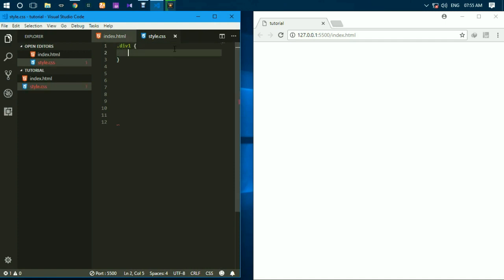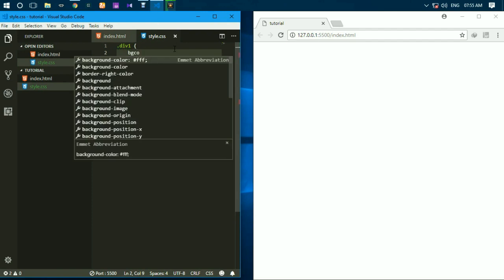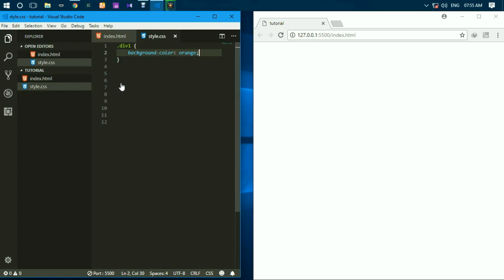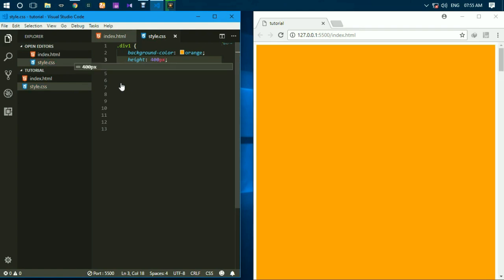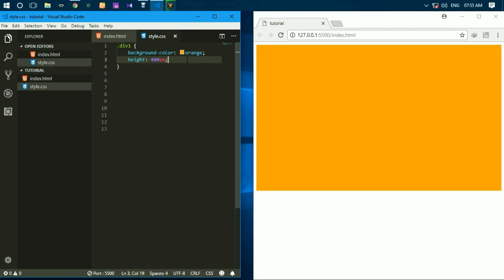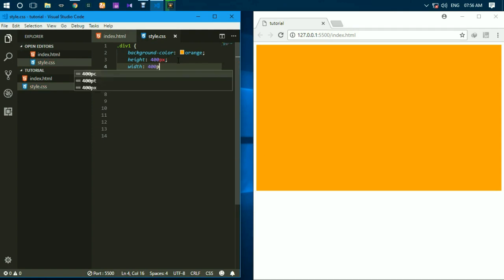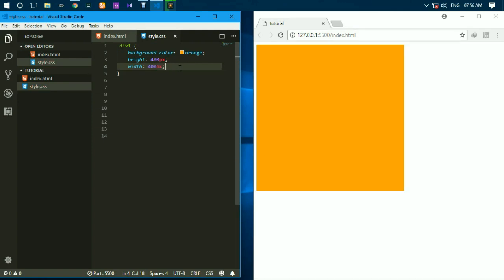Div 1, give a background color of orange and give it a height of 400 pixels and width of 400 pixels. So this is our first div, and the second div,